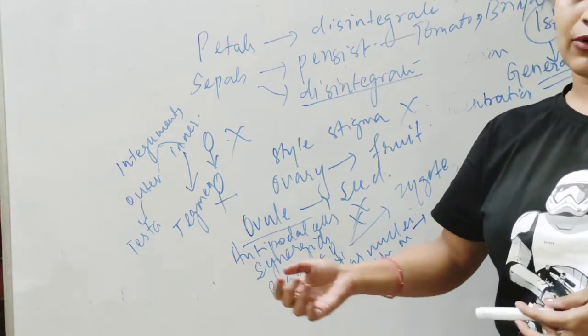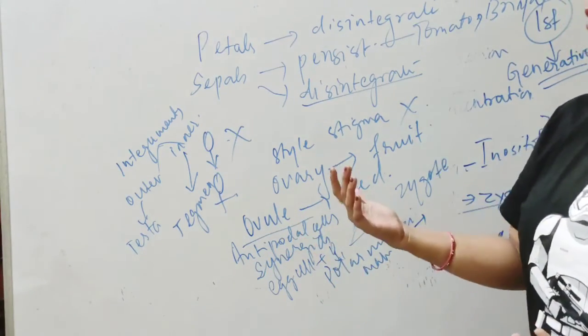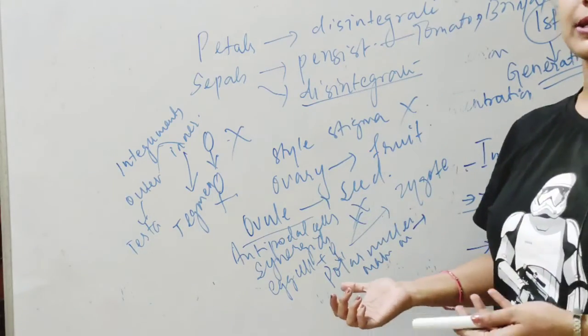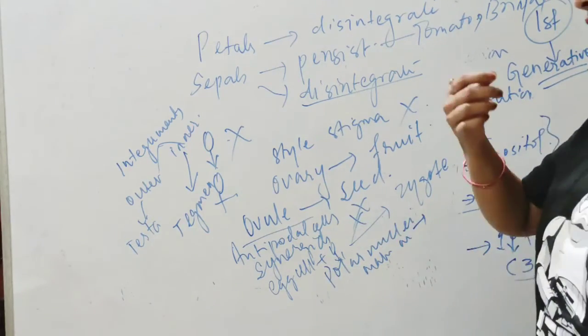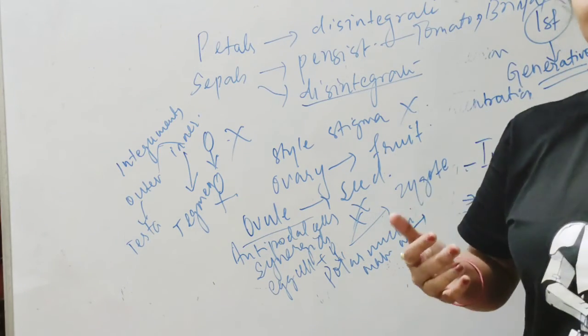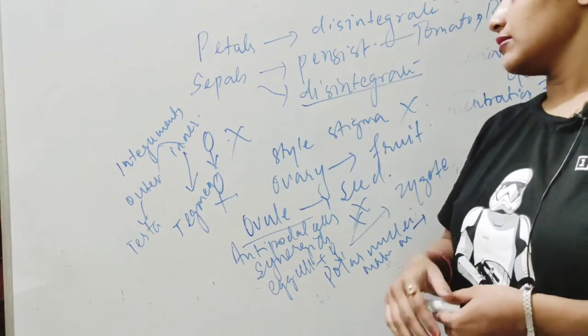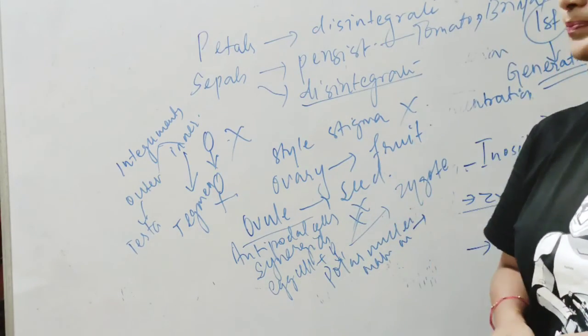And if you are asked about the location of testa and tegmen, you can easily say that testa is the outer integument which has modified itself into the testa after fertilization, while tegmen is the inner integument which has modified itself into this second layer of protection in the seed after fertilization.